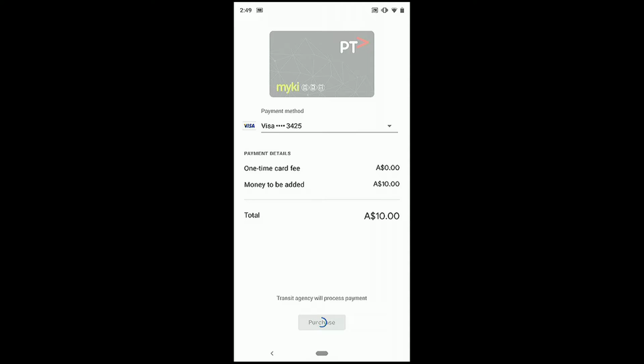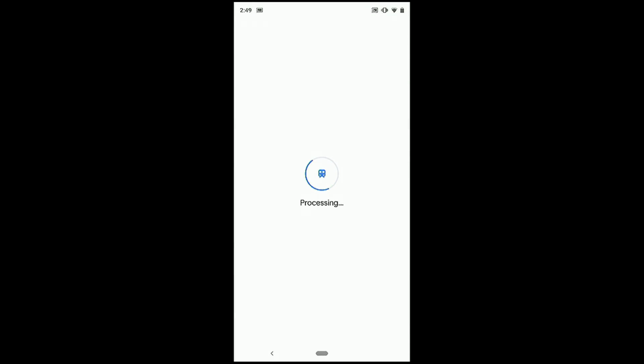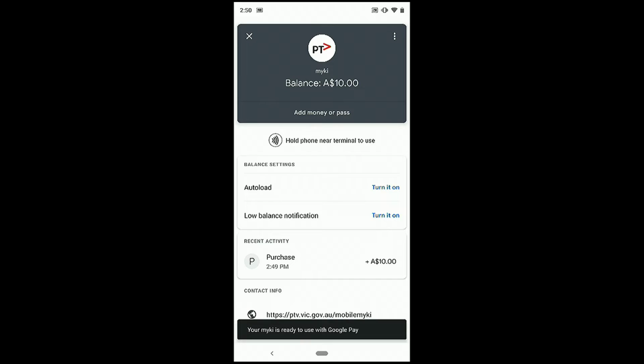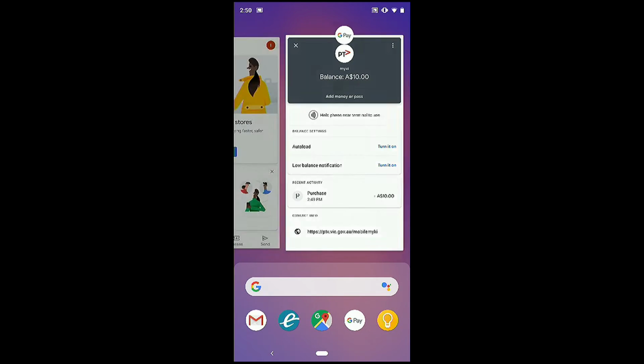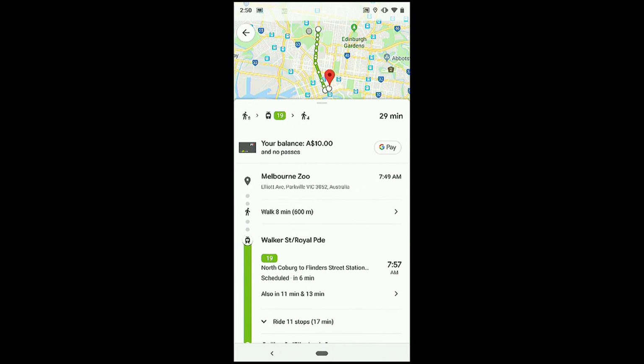Now, as we get back to Google Maps, we're going to see that reflected next to the route, where I just saw my Myki card for the first time. Now, you saw that this was the first time I did that, so it was a process to buy it. It was still really quick. But now, once I already have it, and if I go back to Google Maps, this is going to show up in there, and it's going to show my current balance. So all I have to do is just get close to an appliance, tap with my phone, and then off I go, right?